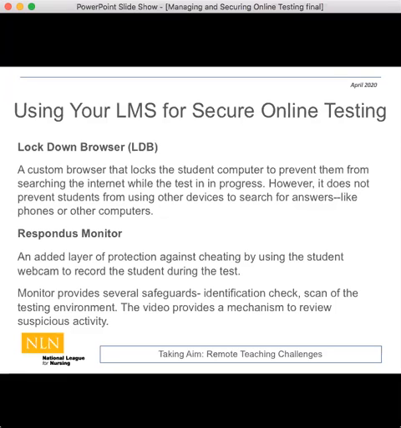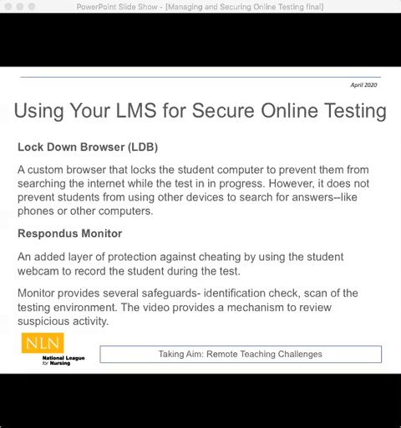If you are currently using a learning management system like Canvas or Blackboard or Moodle, then you may already have access to Lockdown Browser, which is something that is commonly utilized if your university or college employs an online learning type of format. So you may only need to actually ask for it to be enabled in your course.